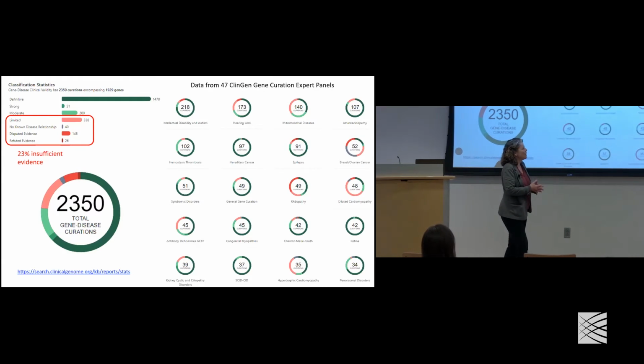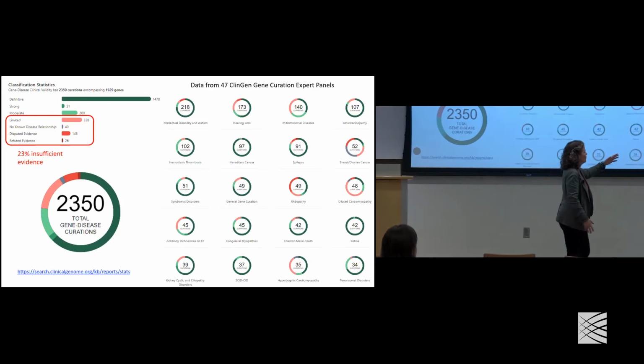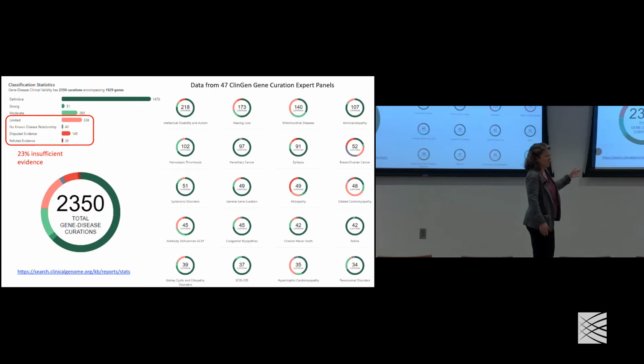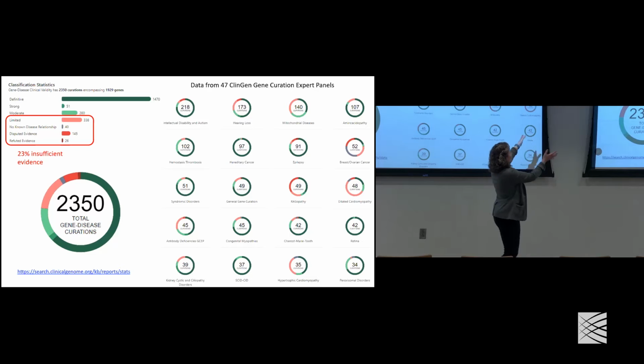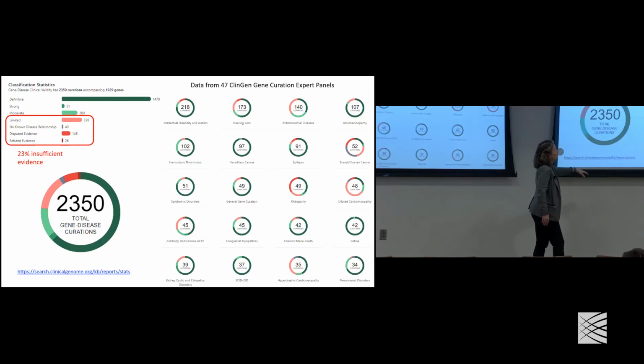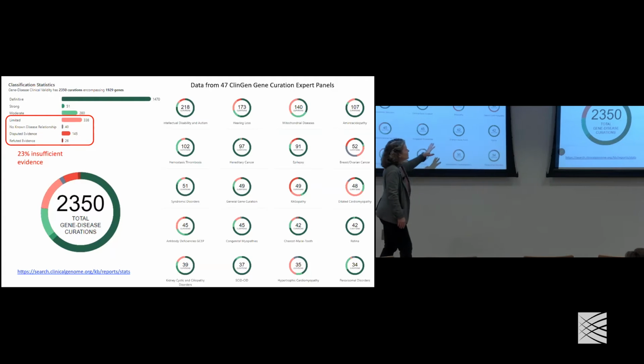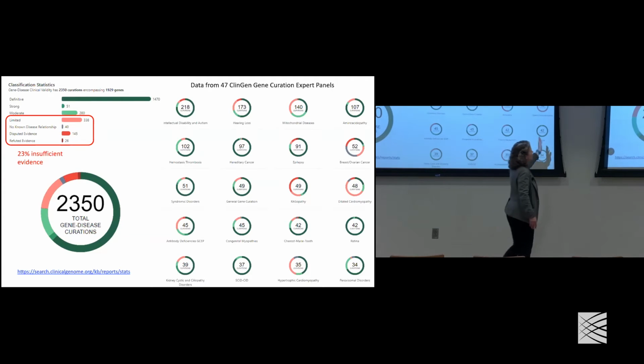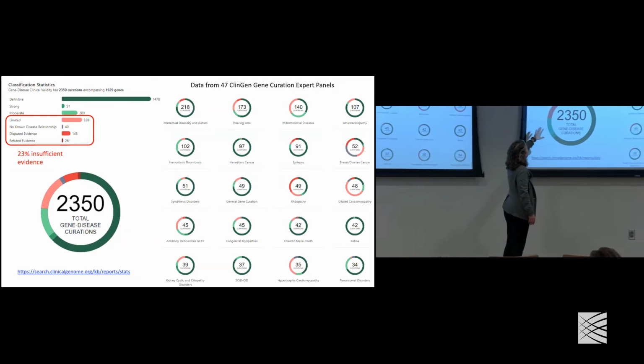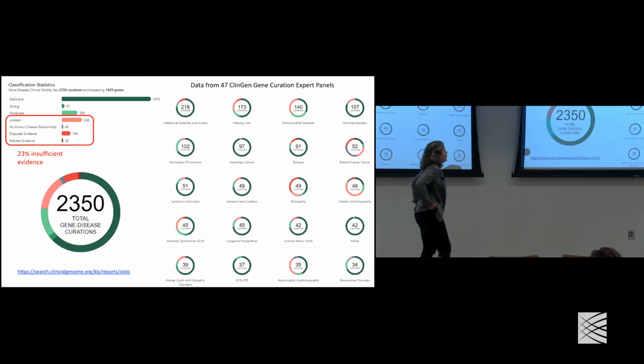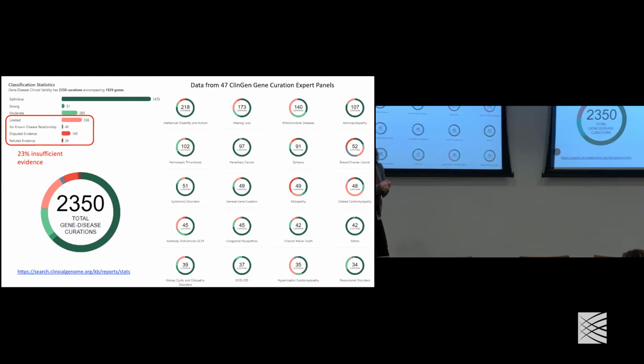So that work has been done across 2,350 gene disease relationships. And if you go to our website, these are just screenshots from the clinicalgenome.org website. You can see the distribution for any disease area that's been focused on. But the summary of where we are with the 2,350 gene disease curations that have been done to date can be seen at the top in terms of how many are in each category. And the take-home message is that about 23% of claims in the literature for gene disease relationships are insufficient to support that claim. So buyer beware when you're reading the literature.